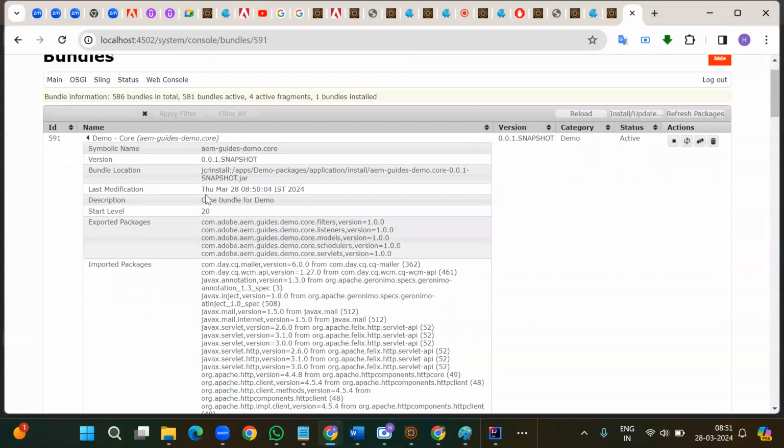If you can observe the timestamp, this is the timestamp, Thursday, March 28th, 2024. Based on the timestamp, you can get clarity on when the bundle was successfully deployed into the server. So 5 minutes back, not 1 minute back, the bundle was deployed successfully into the AEM server. Okay. Now I will go to the